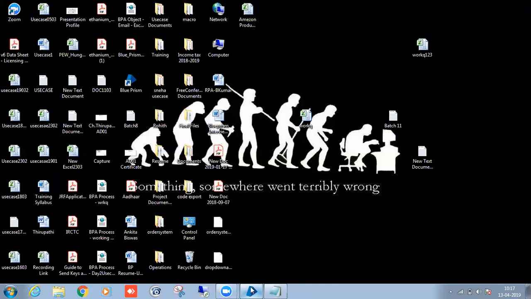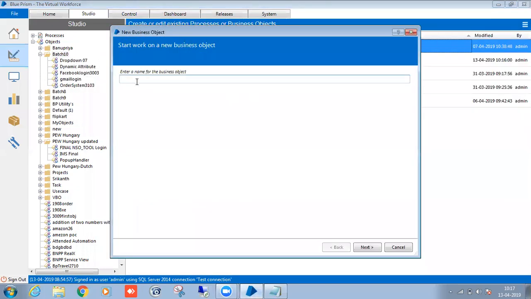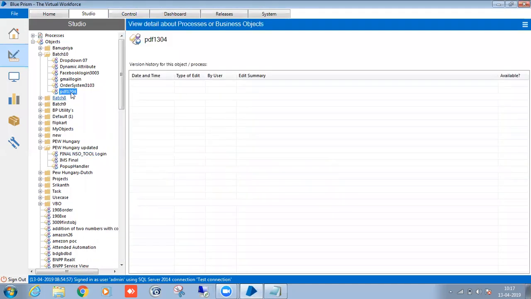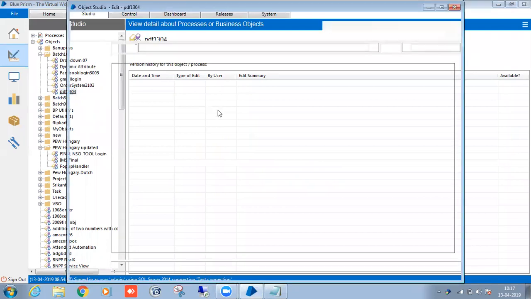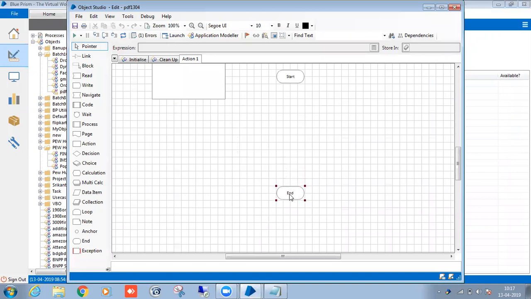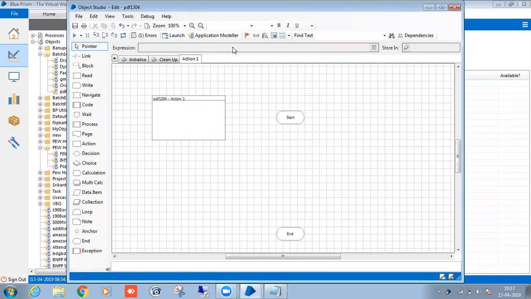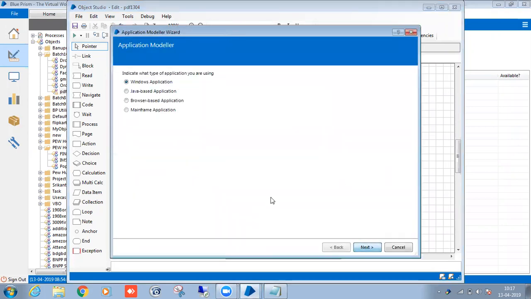Okay, see how I'm going to create it. I'm going to create one object. As I told you, we have to open it in the browser.